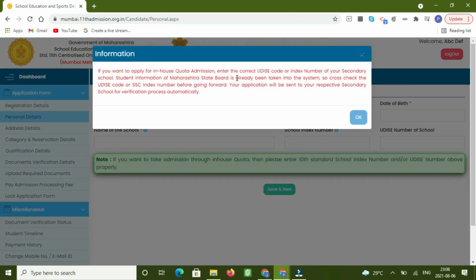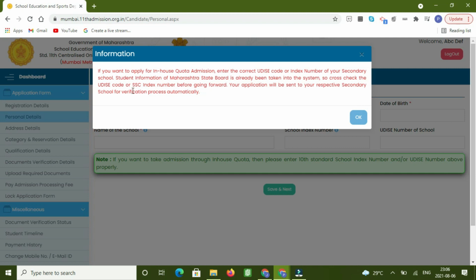And for each option, you will always get information or a note from the website giving you a hint about what to take care about. Say for example, in this personal details, we came to personal details option first on the left hand side. If you want to apply for in-house quota admission, enter correct UDISE code or index number of your secondary school. Student information of Maharashtra State Board is already taken into system.